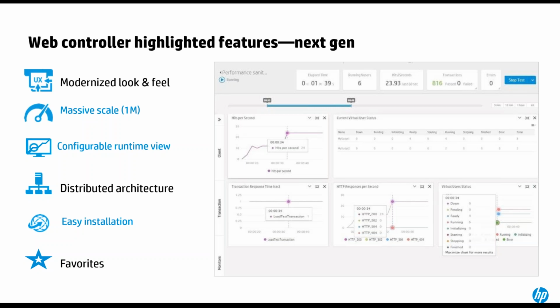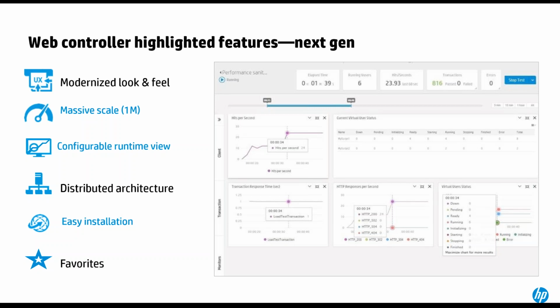But for those of you who are using LoadRunner today, you can download this component from the lab network. It can be automatically installed from the LoadRunner installation initially, or you can install it at a later time. And it gives you an all-new interface for running